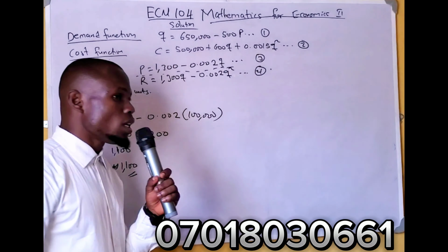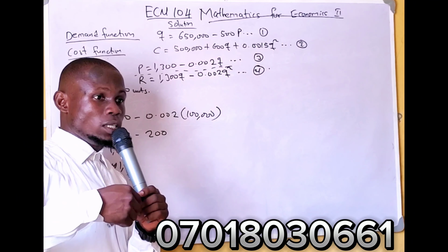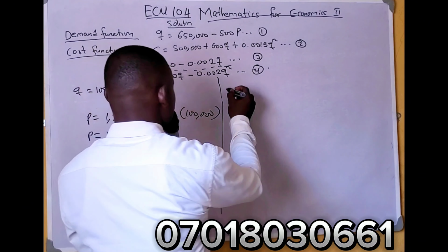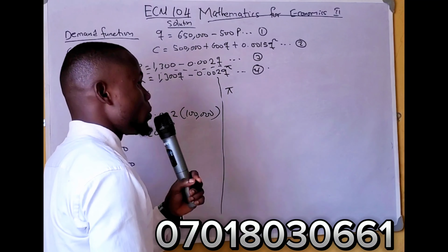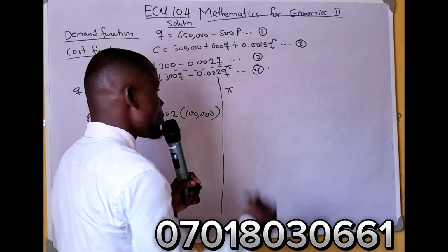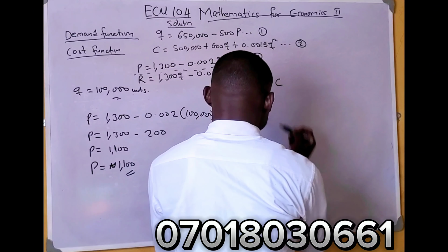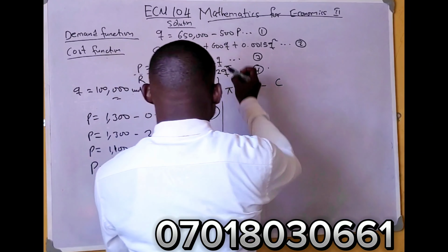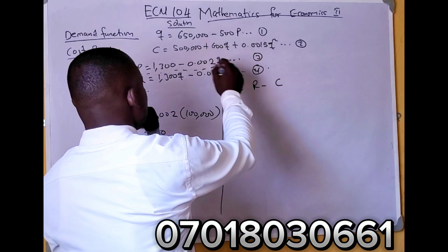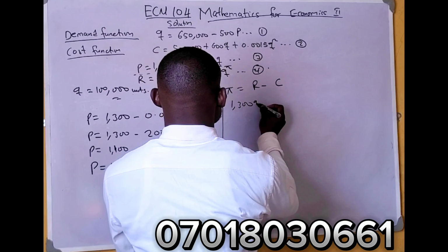Now what's the total profit the firm actually makes? Profit in economics is usually represented as pi, not P. Pi equals revenue minus cost. Now you already have your revenue function and your cost function. So profit is 1,300 Q